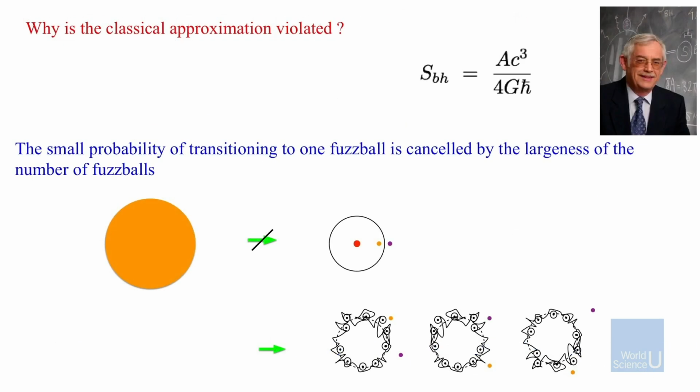We had to then answer, how did the structure of the black hole change so radically? Classical physics, it seemed, should be almost perfectly good for something as big as a black hole. Why did it change so completely? And we saw the reason. Even if the quantum effects are very small on any one transition of this kind from here to here, if there are many of these possible things, there's some probability to go here, some probability to go here, some probability to go here. When you add all those probabilities, the large number of these, this enormous entropy found by Bekenstein for the black hole, that large number exactly cancels the smallness of the transition probability, so you actually end up going here and not going here. Black holes are really much more quantum mechanical than you might ever have guessed.